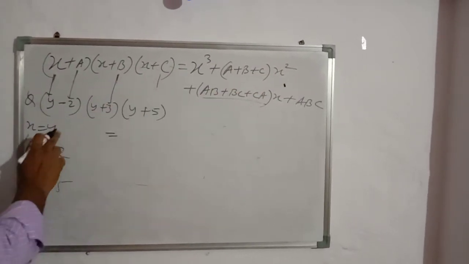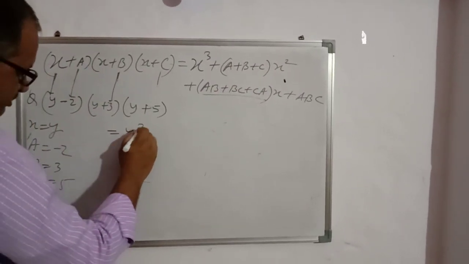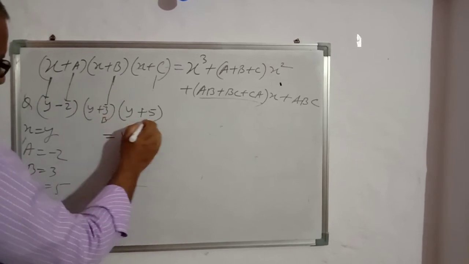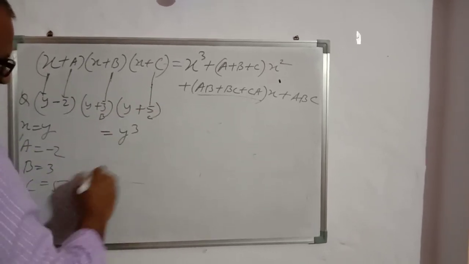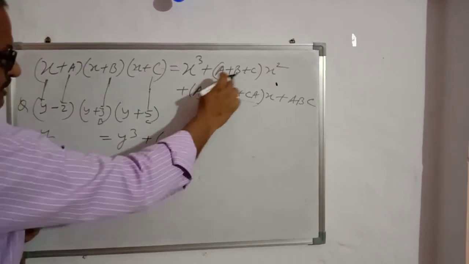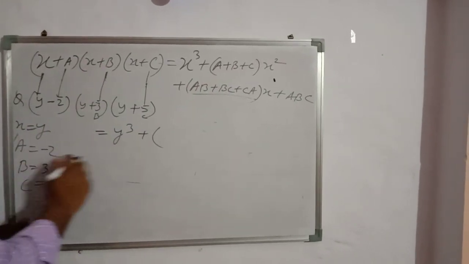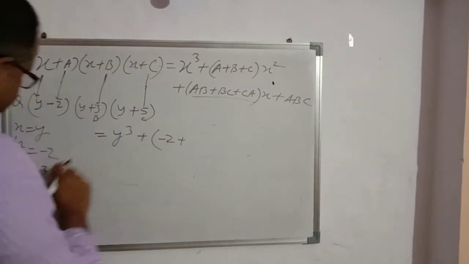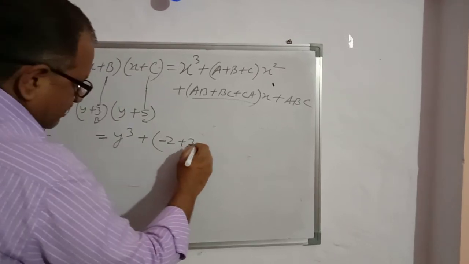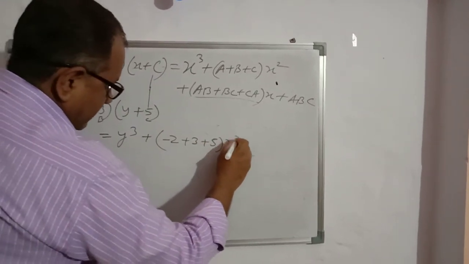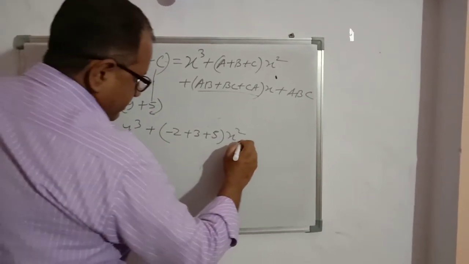X cube. What is x? Y. So write y cube, plus A plus B plus C. A is how much? Minus 2, plus B is 3, C is 5, into y square, plus